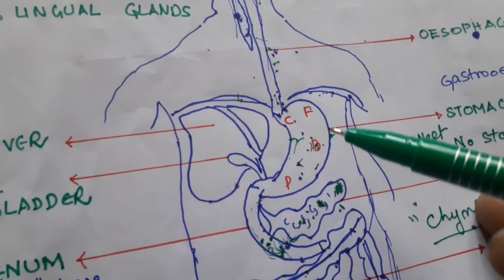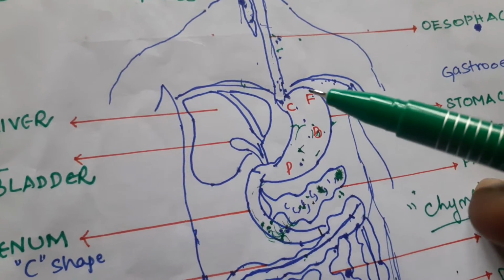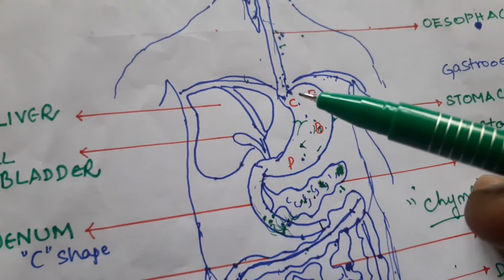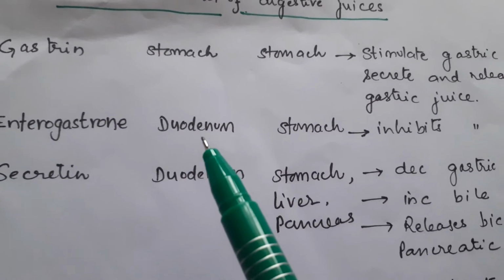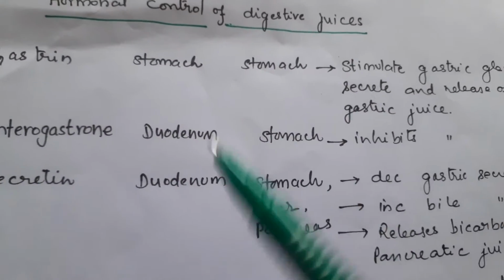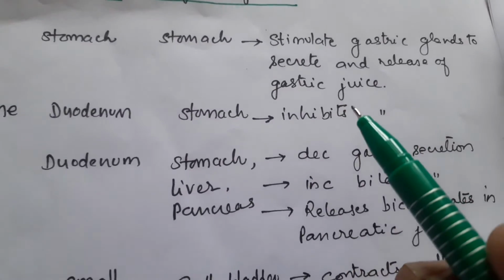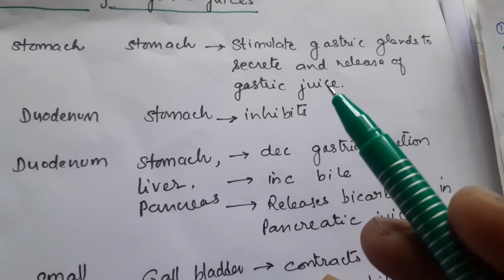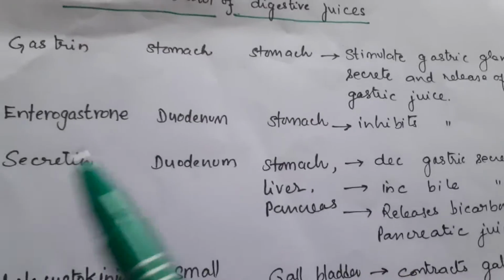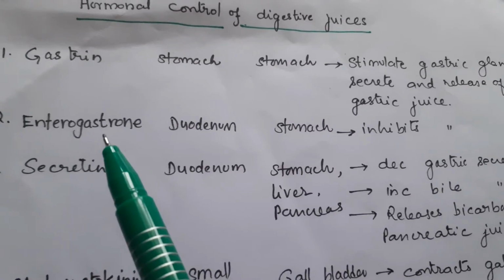Here, the glands present in the gastric mucosa secrete this hormone. Now coming to enterogastrone, the next hormone, which is secreted in the duodenum, and the target organ is the stomach. Whenever food enters the duodenum, there is no need for secretion of gastric juice. So the secretion of gastric juice is inhibited